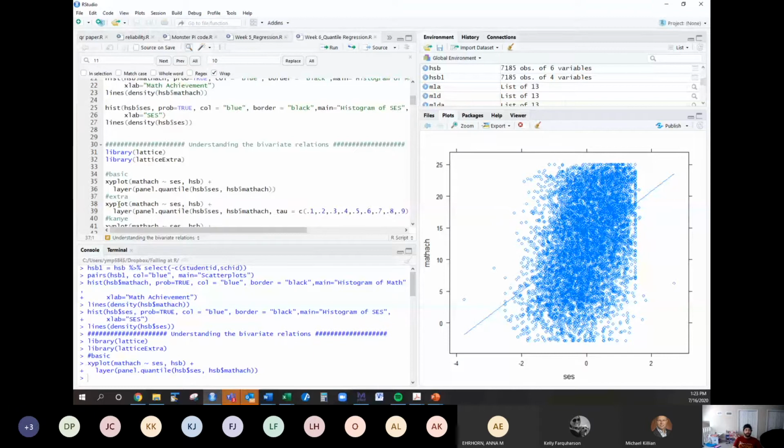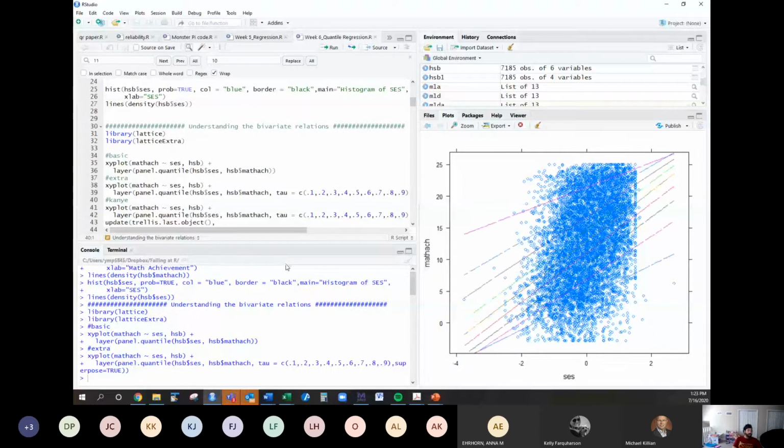That's where, in this plot called extra, I'm actually going to overlay different taus. So tau,